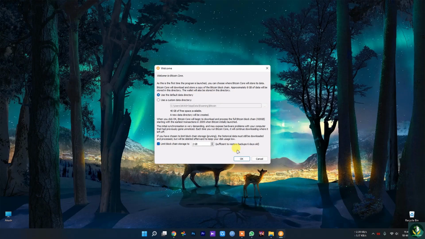You can choose where Bitcoin Core will store its data. Bitcoin Core downloads and stores a copy of the Bitcoin blockchain of at least, as you can see, 420 gigabytes of data that will be stored in the directory, and it will grow over time. The wallet will also be stored in these directories. A lot of people complain that it downloads the entire blockchain, which is 200, 400 and something gigabytes.